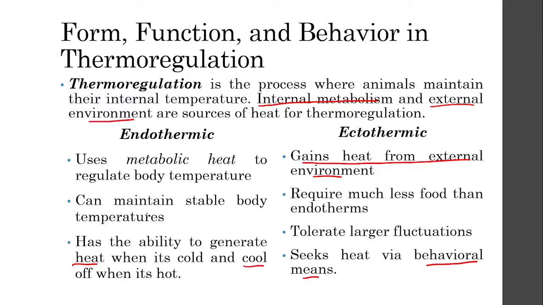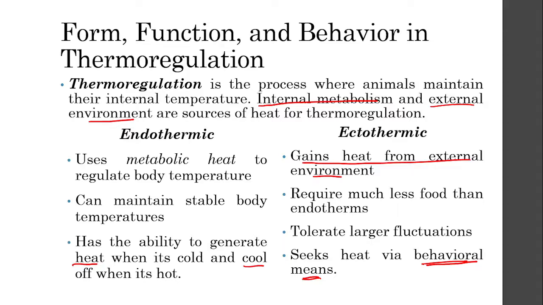If we want to cool off or increase our temperature, we use a lot of inner mechanisms. But a lot of the animals that are ectothermic do not have to undergo a lot of internal mechanisms. What they just have to do is use behavioral means, which are some examples that I already gave earlier. For example, a lizard that is feeling too cold may go outside and sit on a warm stone, and the heat from the stone via conduction would actually heat the animal.